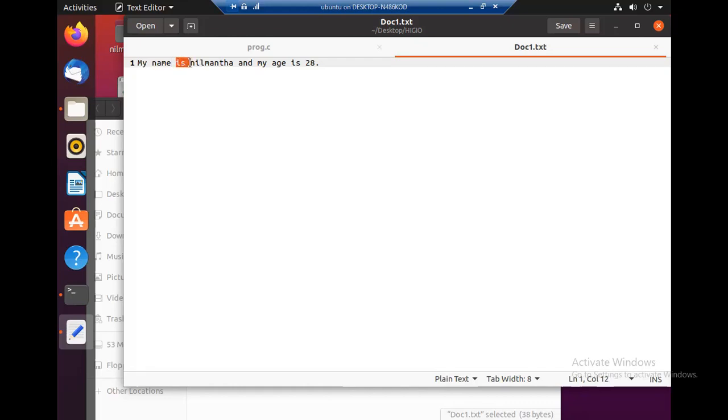Likewise, we have to keep calling it, because it will return when the space character is found, and we have to do this again and again until end of file.